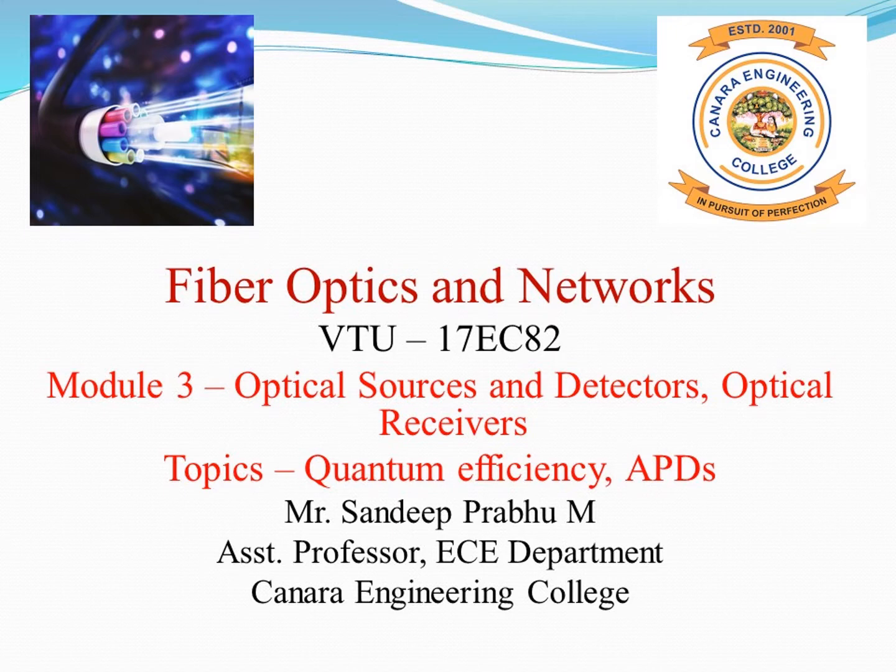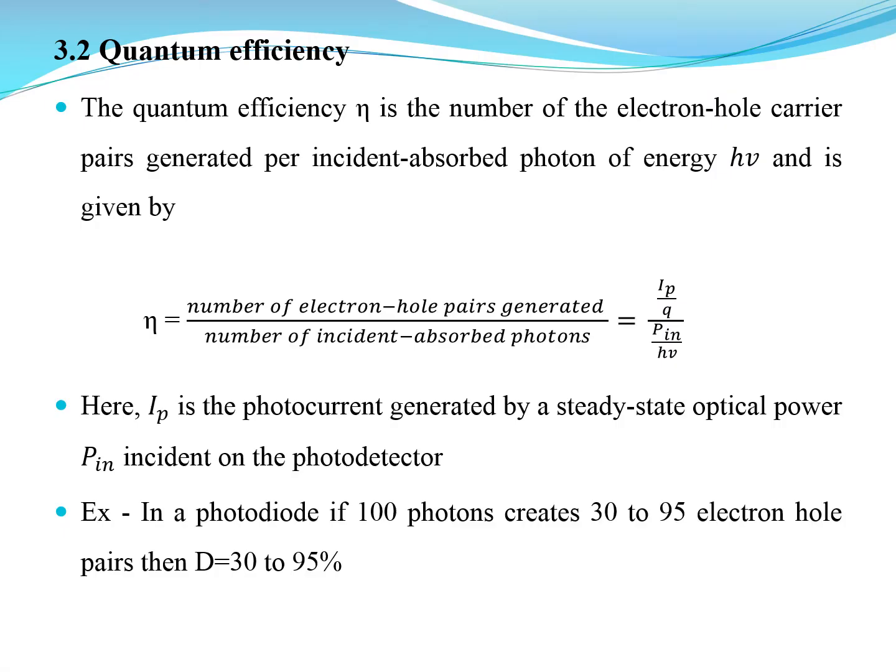So next is about quantum efficiencies and avalanche photodiodes construction and working principle. So first is about the quantum efficiency. Let us look into the quantum efficiency here. The quantum efficiency is the number of electron-hole carrier pairs generated per incident absorbed photon of energy hν, and it is given by, so eta is equal to the number of electron-hole pairs